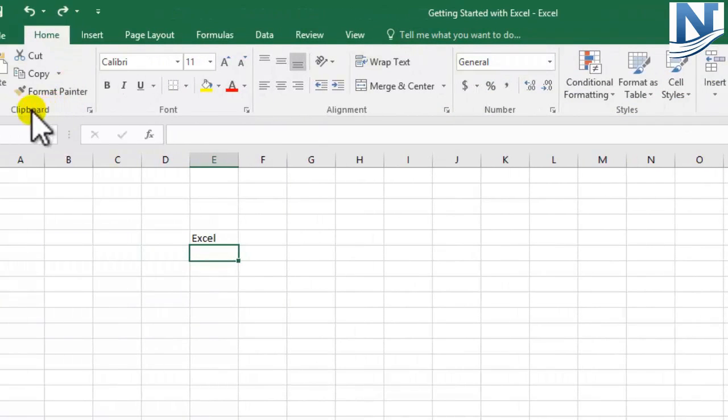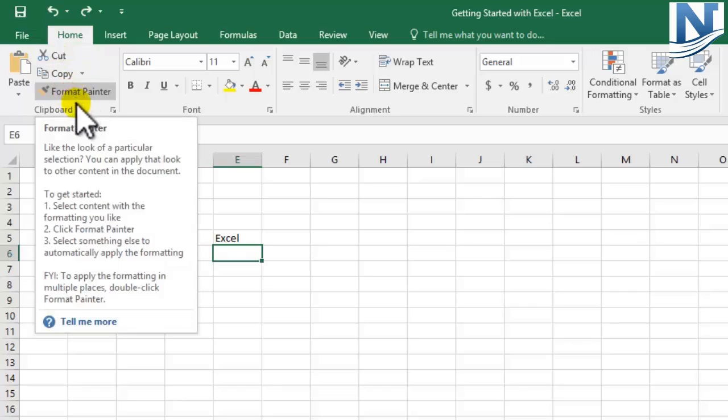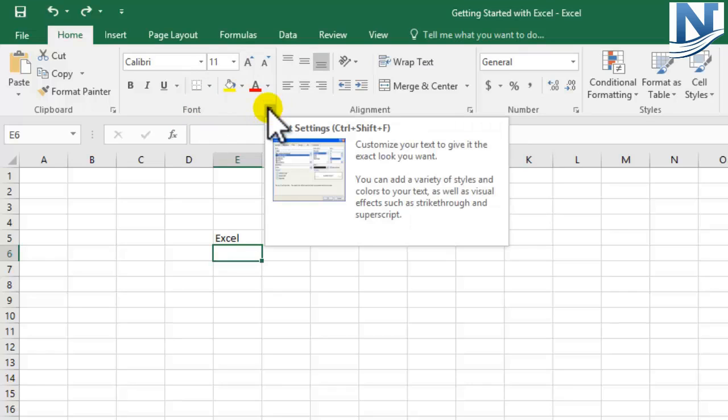Let's come to one of the subcategories. Let's take the first one. Within this Clipboard, we have these groups, individual functions which we can use for editing our worksheet. For Font also, we have various groups present. Let's say for Font, I want to explore some more functions. How can I do it? For that also there is a solution. Can you see this small dialog launcher over here? It has additional font settings. Let's click on this.